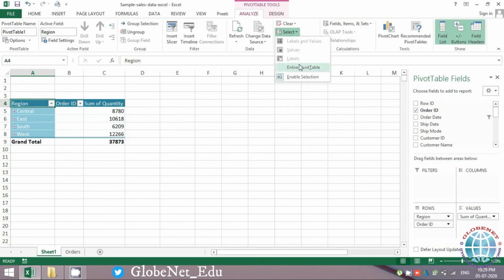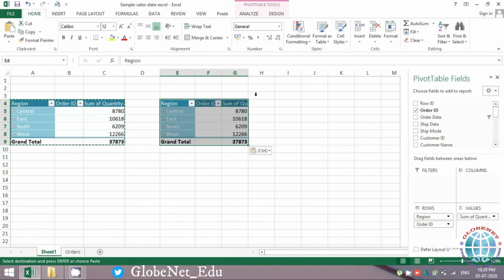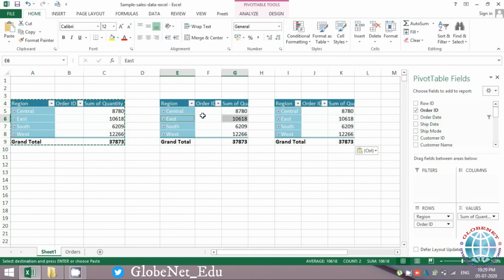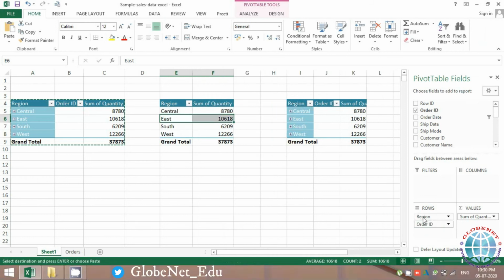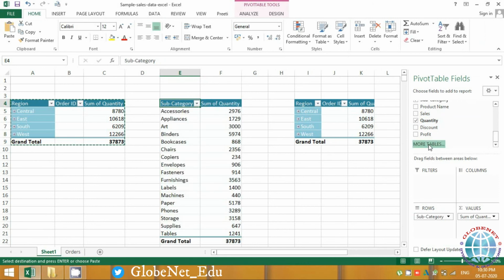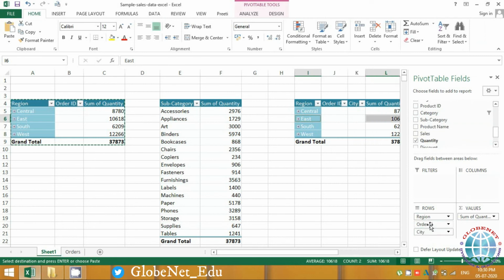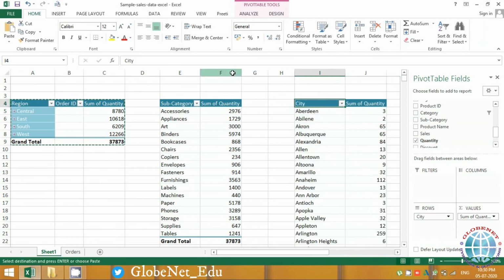Let's select the entire pivot, Control C. I'll click over here, Control V. I have 3 pivots. Let me quickly change my views. I'll take subcategory wise. Let's say in this I take city wise. Okay, so I have 3 different views.